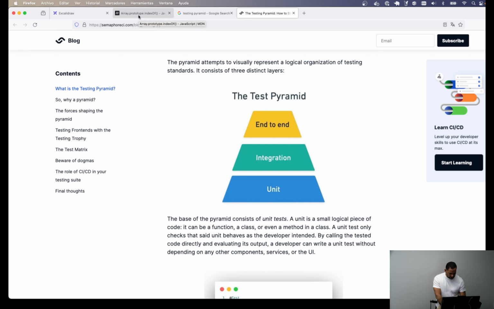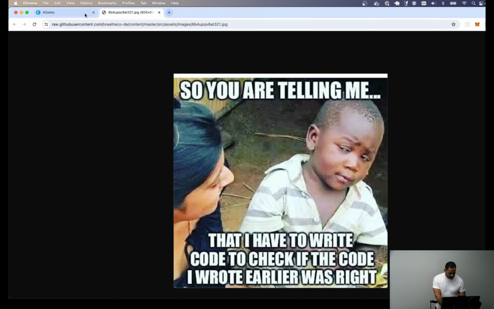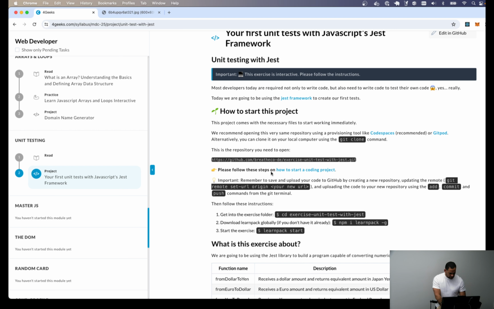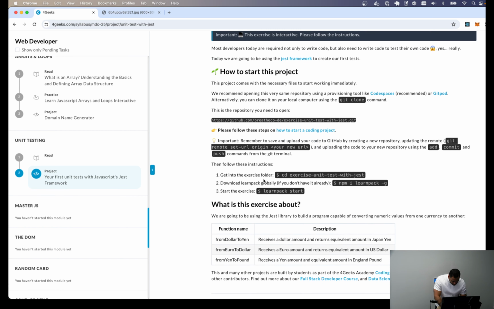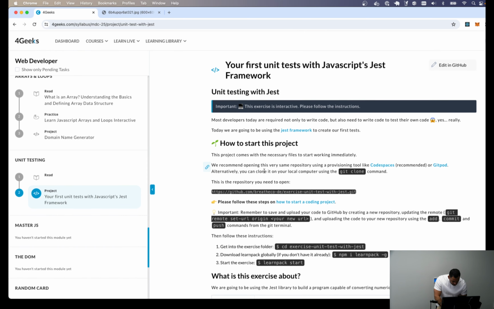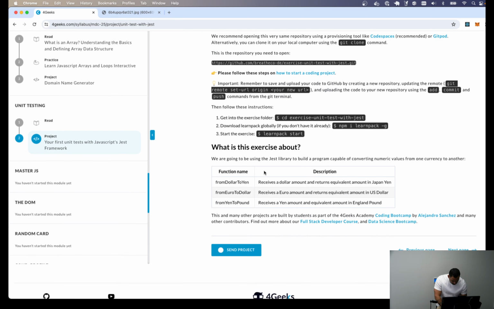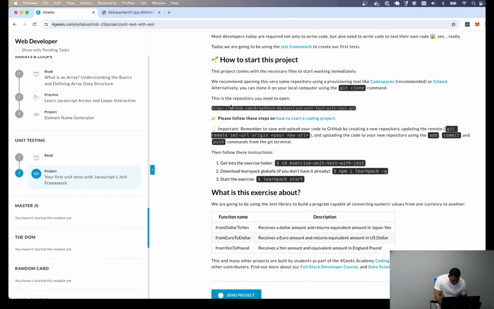Well, the project, and let's go to the project, is this one. Wait, what is the project URL? Oh, this one. So go to the URL, and you need to